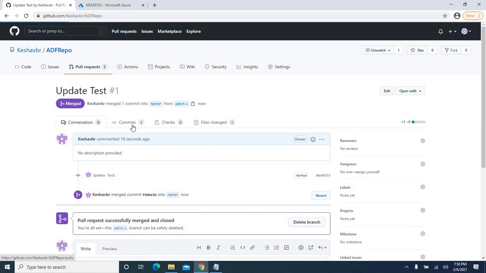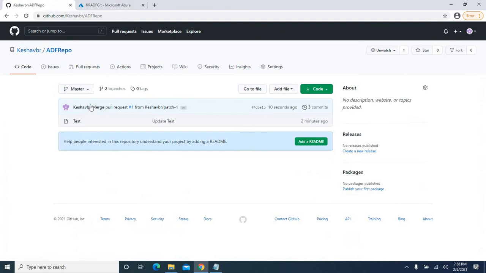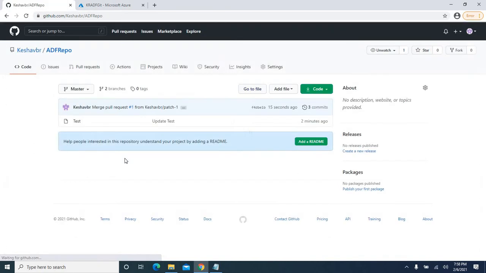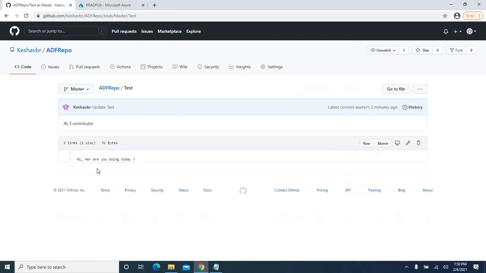Let's go back to the master branch and see whether the changes are merged or not. Let me open the test file. All right, see, all the changes, the text whatever we entered and committed in a separate branch, are merged back to master. So this is how our development cycle would be. First we'll do the changes in a feature branch. From there we can merge back to master. So your changes can be deployed to production from master, and master will have the final script.